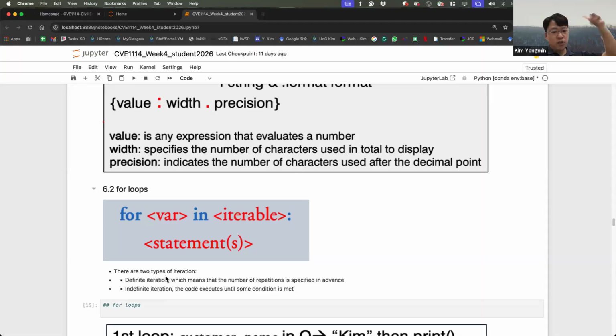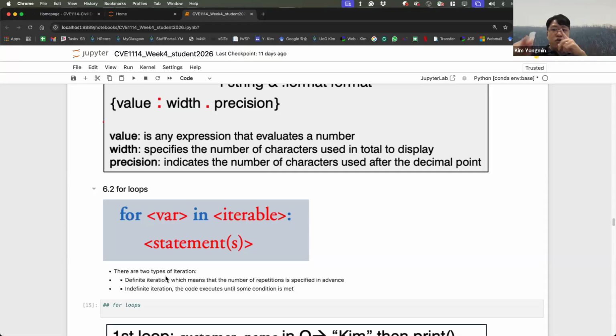Two scenarios. One is definite iteration, which means that the number of repetitions is specified. Hey, you execute 3 times, something like that. 4 times, 10,000 times. Indefinite iteration is code that just executes until some condition is met. Yes, like if statements.